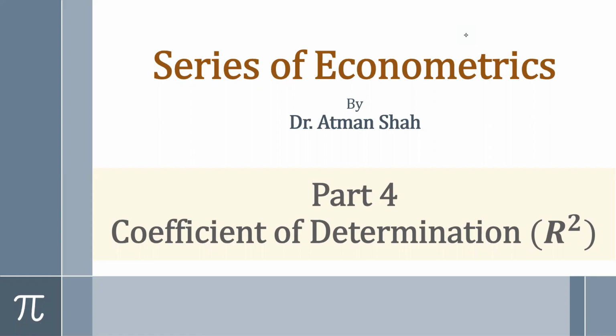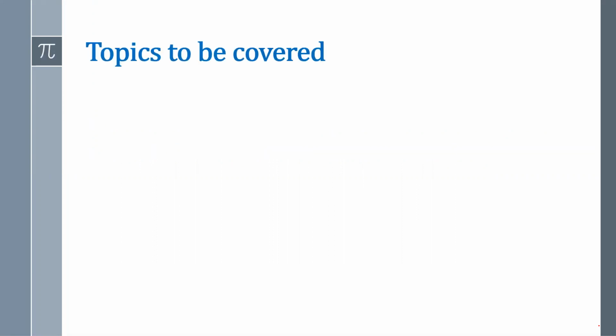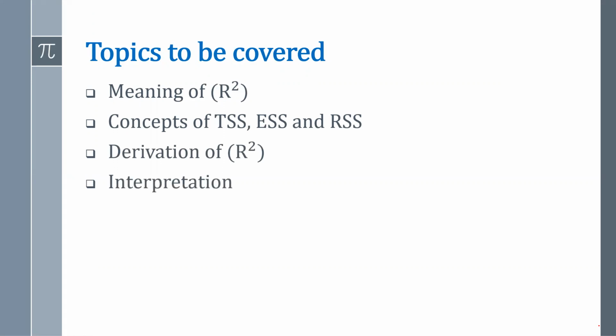In this video, we are going to discuss the concept of coefficient of determination. In previous videos, I have explained the methodology of econometrics, simple linear regression model with assumptions, and ordinary least square method, which explains the formal derivation of alpha hat and beta hat. In this video, I'm going to discuss the meaning of R square, concepts of total sum of squares, explained sum of squares, and residual sum of squares, the formal derivation of R square, and how to interpret the value of